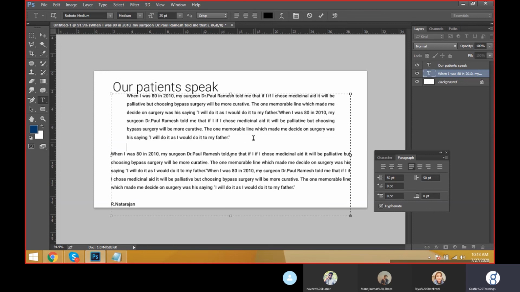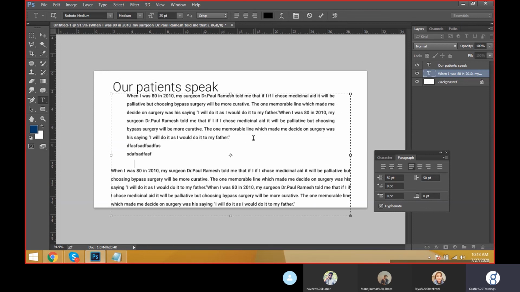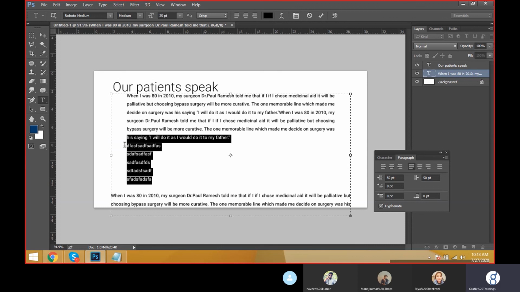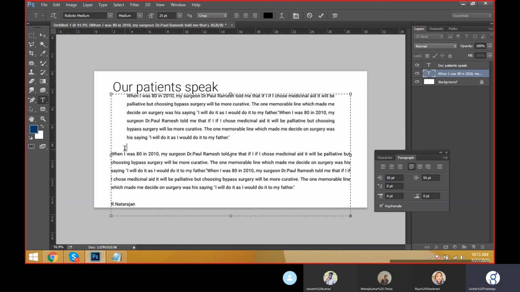If you press enter, automatically the text will flow from there only. Enter means it will come down, friends, like this. And this is called first line margin and second line margin. This is called text indent. Text indent is very important. First line, only the first line will be changed. Here see, only the first line will be moved.